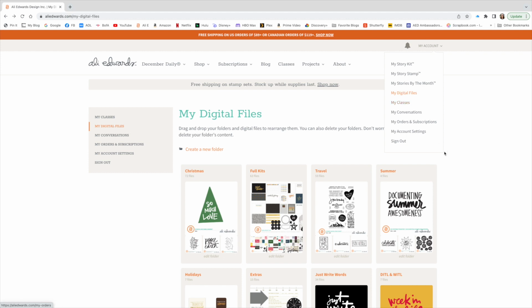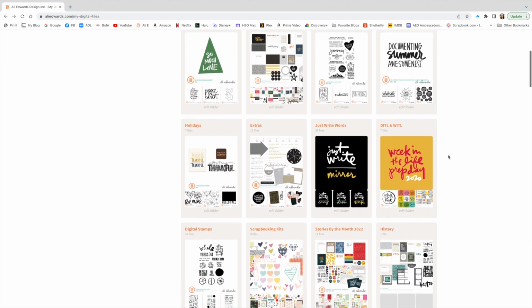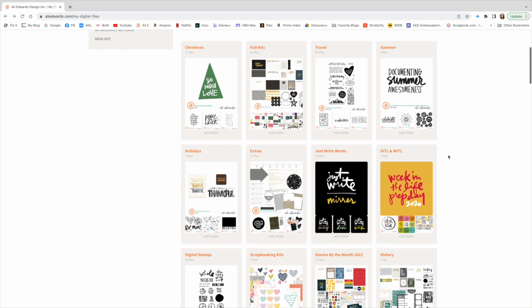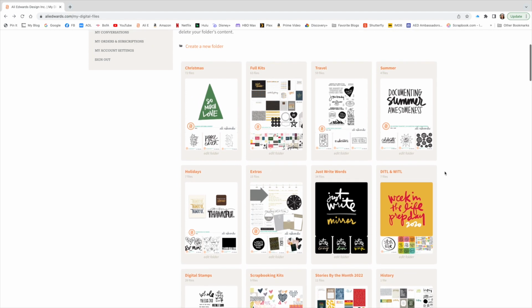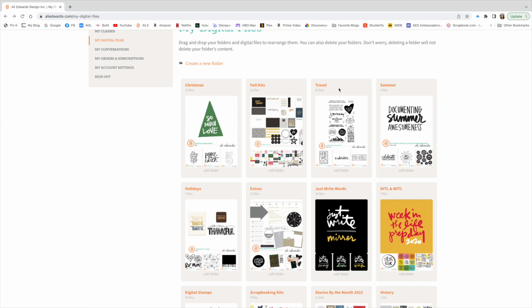So under My Digital Files, I have created 12 different files here, and I actually was taking a peek at some of these things under extras and realizing that I need to kind of rearrange a few things. But these are based on the way my brain works, and your brain might work a little bit differently. So I have a Christmas folder, full kits, which is what I consider an entire kit. I've got travel related things because that's my jam. Summer related things, holidays that are not Christmas, extras, my Just Right words, day in the life and week in the life related things,